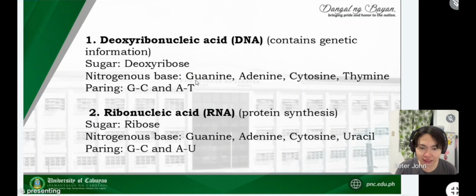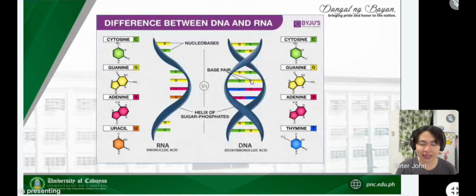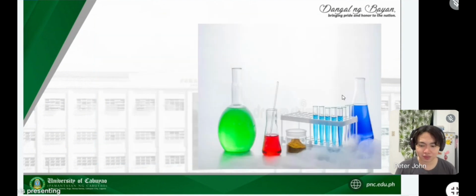The sugar niya naman is ribose, then yung nitrogenous base niya is kakaiba po. Napalitan po si thymine with uracil. Ayan, si uracil, yung pinalit sa kanya. Similar lang. Ang pinagkaiba niya lang, ang kapartner ni adenine is si uracil, hindi po si thymine. So, ito pa yung ibang pinagkaiba nila. Si RNA, single strand lang, while si DNA is double-stranded. So, ito po yung sinasabi ko na mga base pairing. It could be this pairing is the code for your nose. It could be this one is the code for your perfect hair, or it could be ganyan. Okay po? So, that's it.